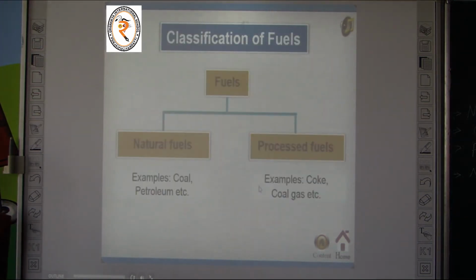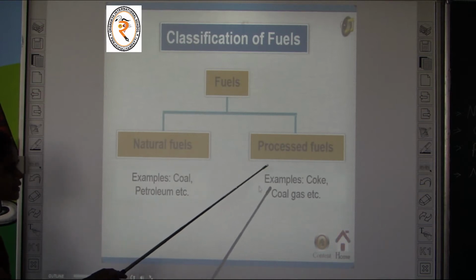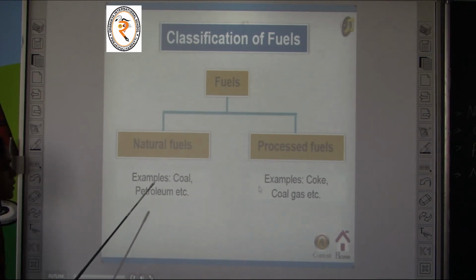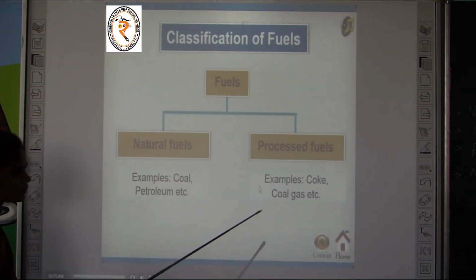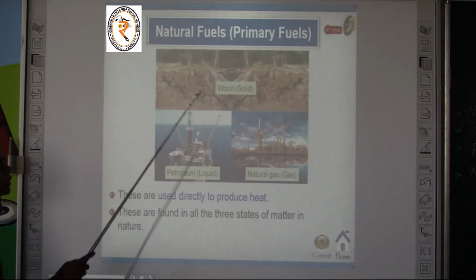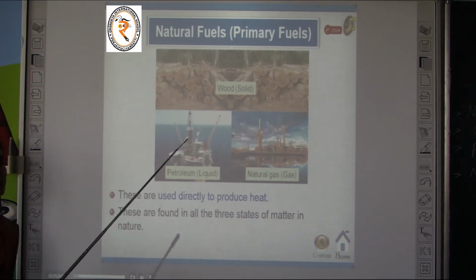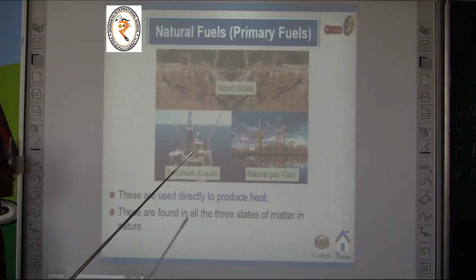Classification of fuels. What are the types of fuels? Fuels are categorized into two types. One is natural fuels and the other one is processed fuels. The examples of natural fuels are coal, petroleum, etc. And the processed fuels are coal gas, etc. Okay. First we will discuss natural fuels. The other name of natural fuels is primary fuels. The examples of natural fuels are